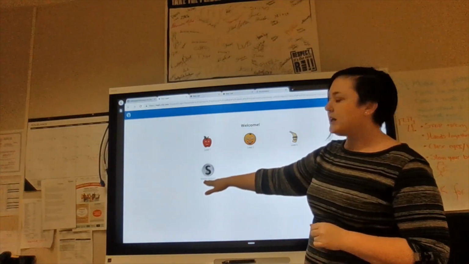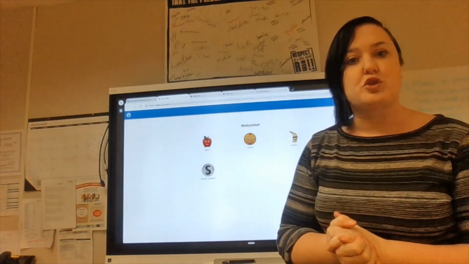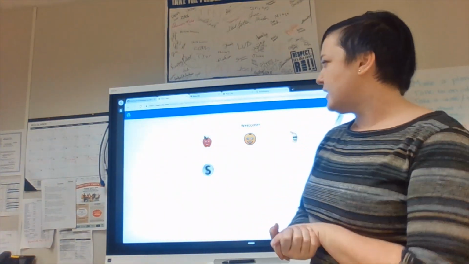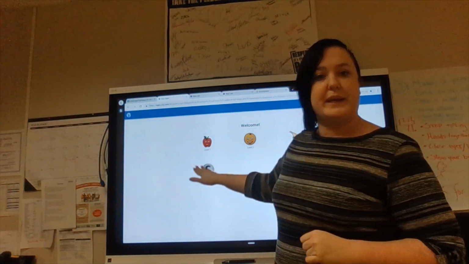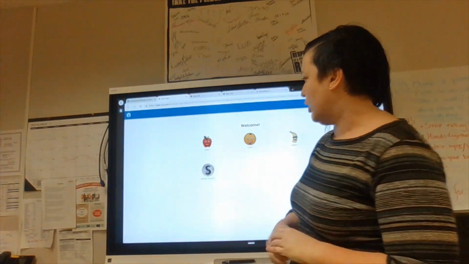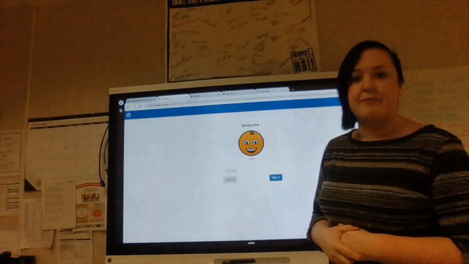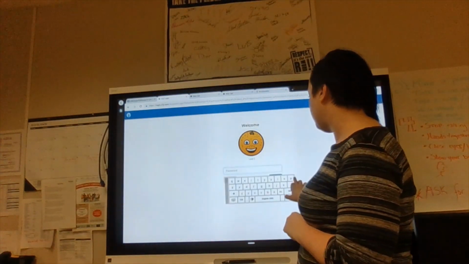This is a little bit different. The sample student is a way to try out some of the games they have here on Unique Learning Systems. I am not going to pick that right now. We might look at that tomorrow, but I'm going to pick a level 2. The password is the same for everyone. The password is Pathways,